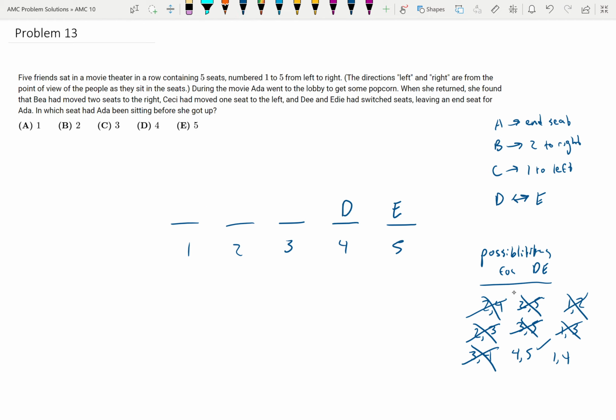Let's just go through 1, 4 just to make sure. So D, E, C would have to go here, but then B wouldn't be able to go anywhere here. So that wouldn't work. So that 4, 5 scenario where D is here, E is here, A is here, C is here, B is here, and here we see A is in seat 2, so the answer is choice